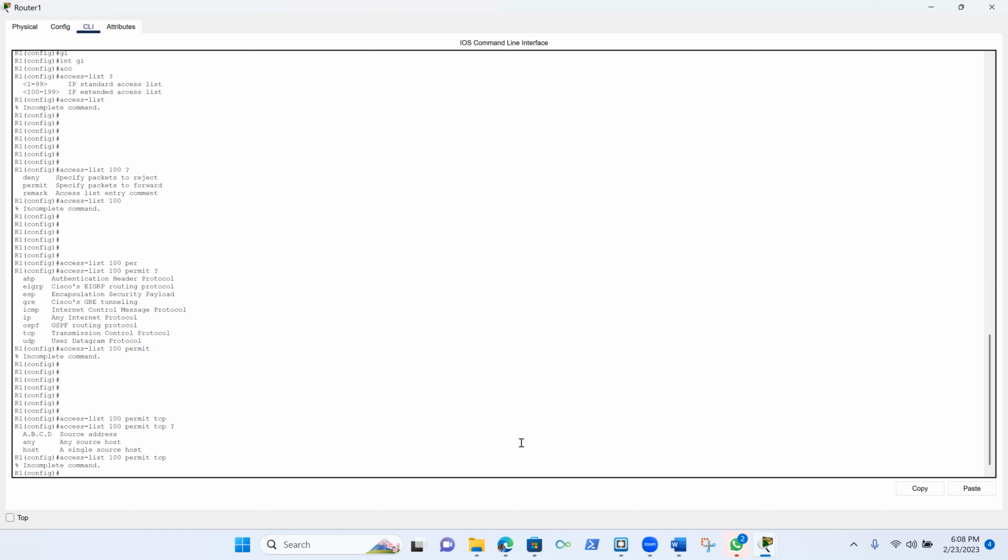So notice that we could filter just for PC1 by using the host keyword, or we could allow any host, in this case any device that has an address belonging to the